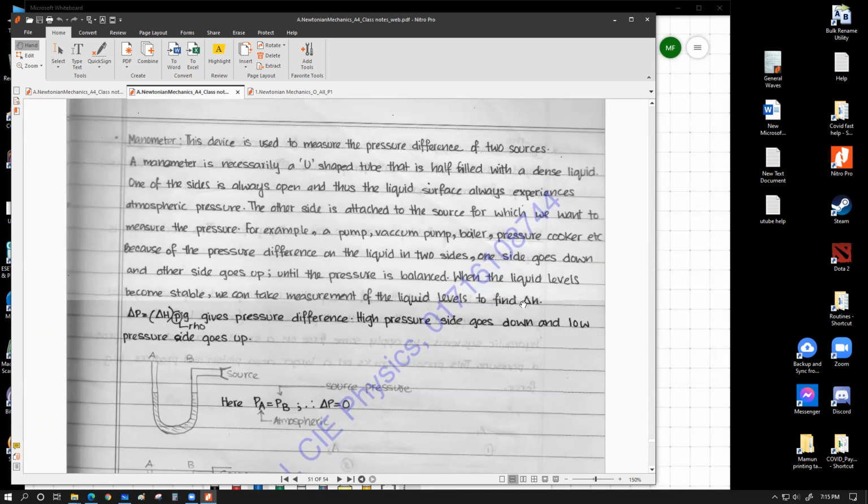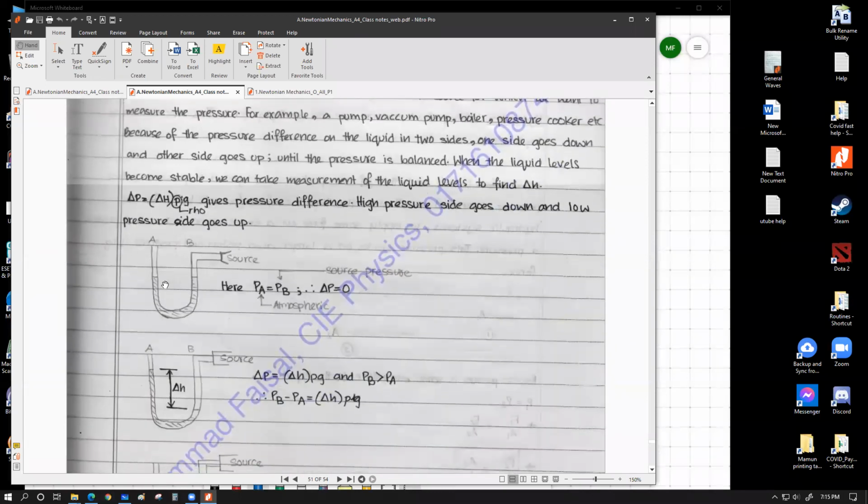of the liquid levels to find delta H. Delta P equals to delta H rho g gives the pressure difference. High pressure side goes down and low pressure side goes up. এটা মনে করা হচ্ছে আমাদের একটা সার্টেন ম্যানোমিটার। ম্যানোমিটার ইজ বেসিক্যালি ইউ শেপ টিউব। লেটস সে এখানে আমরা সোর্সটা লাগাবো, এই কেসে এখনো পর্যন্ত কোনো সোর্স লাগানো নাই। লেটস সে ফর বোথ অফ দ্য সারফেসেস আর ওপেন টু অ্যাটমসফিয়ার, বিকজ